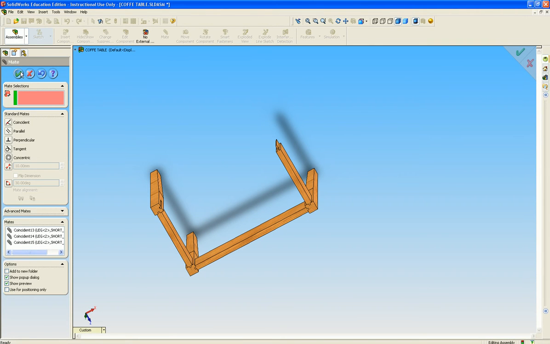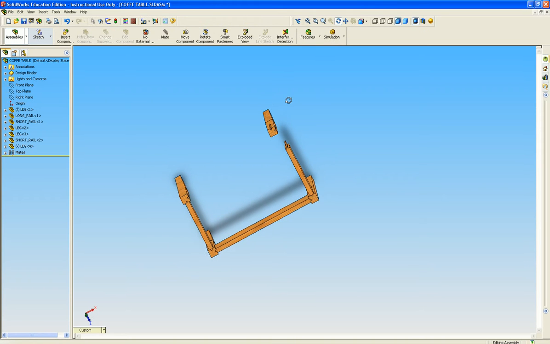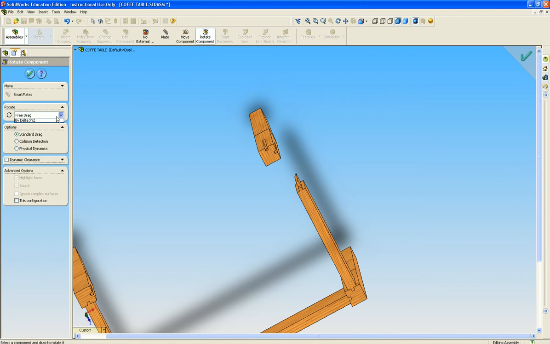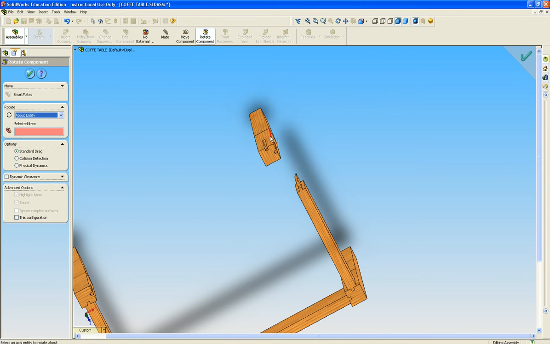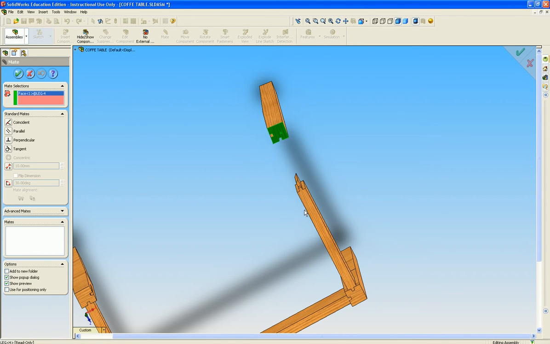Now we can close our mate, insert component and a leg. Now you can see there, if we look carefully, my two tenons are facing the wrong way, so rotate component, change it to about an entity and select your entity and line it up with your left click of your mouse, and then it's mate top surface,